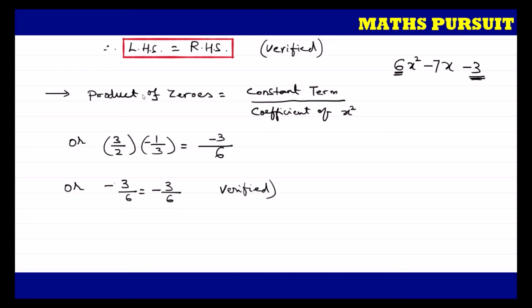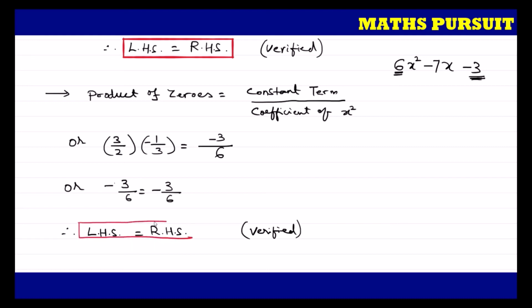How? We got the left hand side equal to the right hand side. So let me write it down in this way. Therefore, left hand side is equal to right hand side. So this one is also verified. We can put our stamp saying that this one is also verified, and we can highlight it to attract the attention of the examiner. So this is what I am highlighting now, guys.